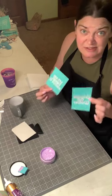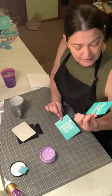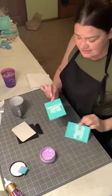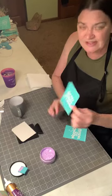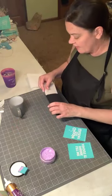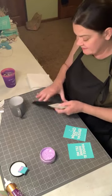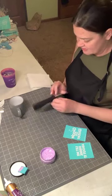They're very inexpensive for these reusable transfers, so I need to sit down and check out what I can get. But anyway, this one says Giggle Water, which I think is hilarious, and it's actually the name of this transfer. And then this part says, let me drink about it. Okay, so Giggle Water, I think they are referring to beverages of sorts. So I'm going to put that design on a koozie cup